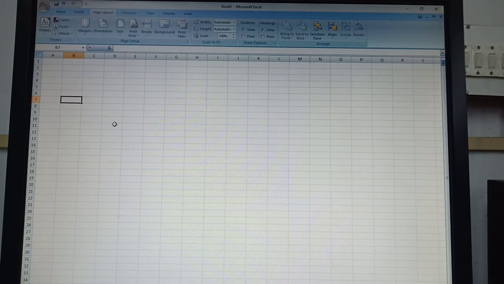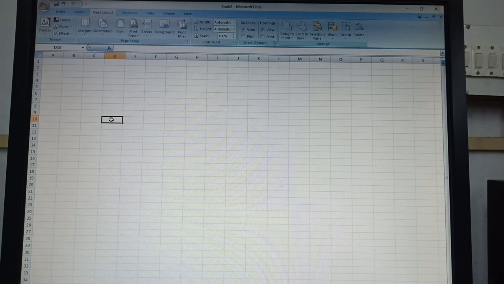If I click on any other cell, automatically by default the value which is appearing in the name box is going to change, and that is the name of the active cell. Now how to know what is the name of this particular cell?